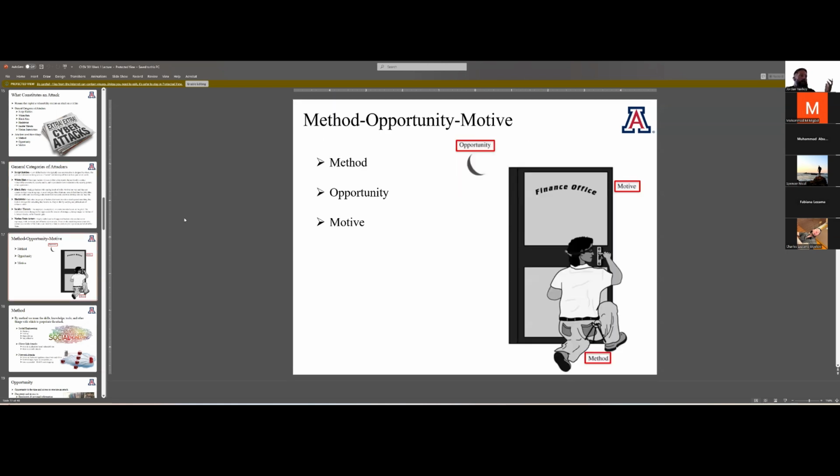So what do all these people need to be able to execute their agenda, right? Well, they need method, opportunity, and motive. We'll talk about each of those more in a second. But as we analyze this picture, one, the opportunity is that it's nighttime. There's probably no one there in that office. The method is that he's using keys. He got some kind of access to be able to get to those keys and unlock a door. The motive is, hey, he's trying to get into the finance office so he can get paid.